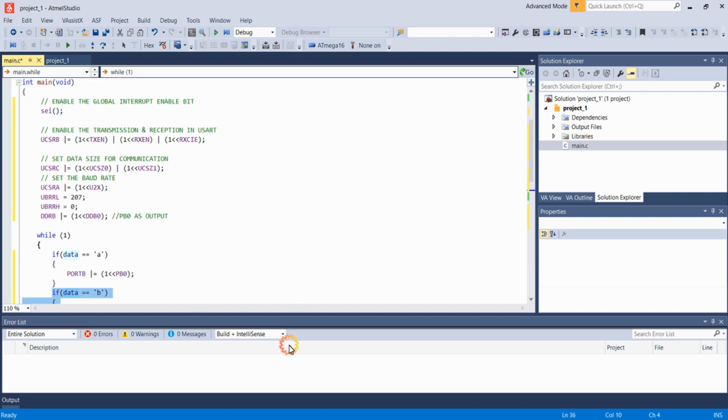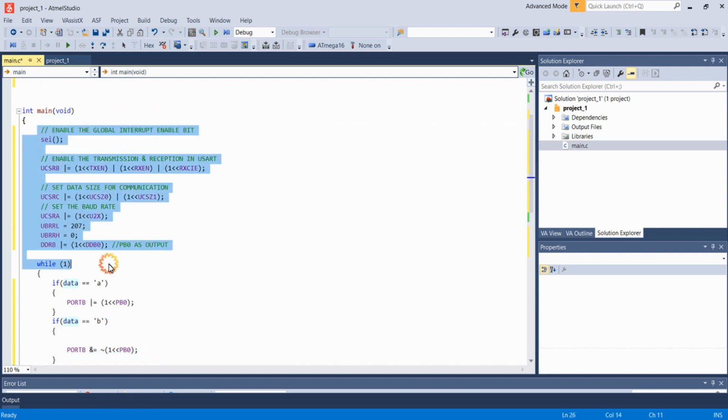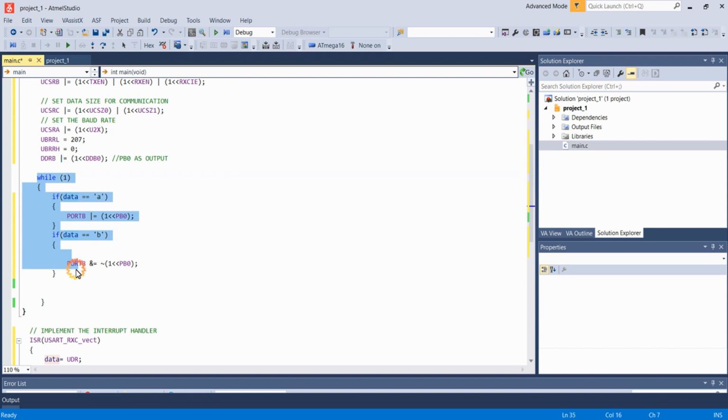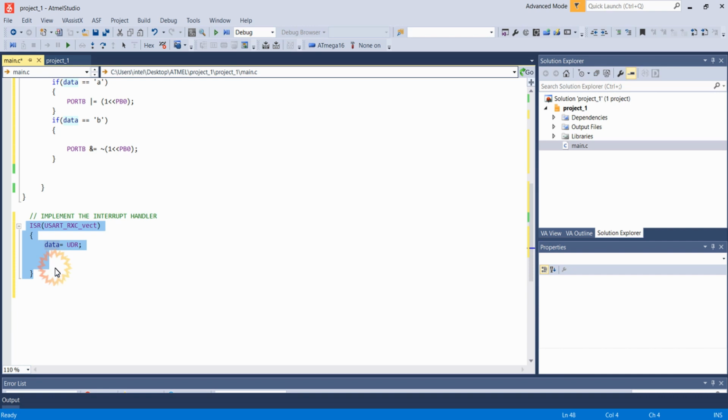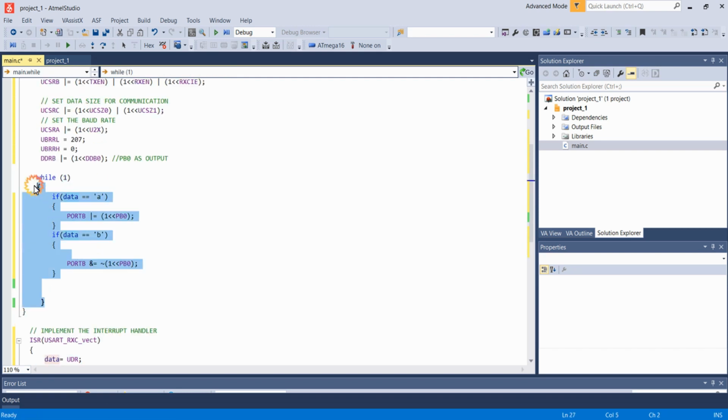So regarding the working of the program, it is simple. In the beginning, the processor executes all the lines over here, and it will enter inside this while of 1, and it will stay inside this. And whenever a complete byte of data is received in the UART bus, the UART peripheral will interrupt the processor, and the processor stops all the operations that it is doing here, and it will go to this ISR function, and it will execute all the lines available here. That is, it will update the variable data with the current data received in the UART bus, and after executing this line, the processor comes back to the main function and resumes the process it left.